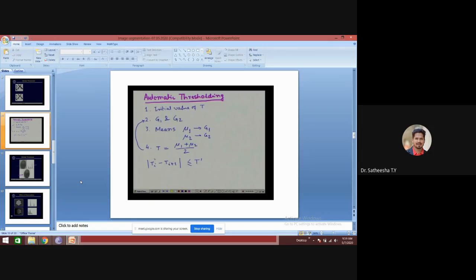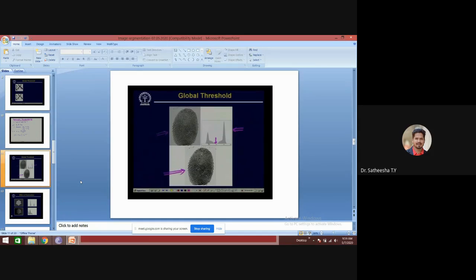We go on modifying the threshold value iteratively, and finally you converge, that is, you come to a situation where in two subsequent iterations the value of threshold does not change much, and that is your final threshold value.